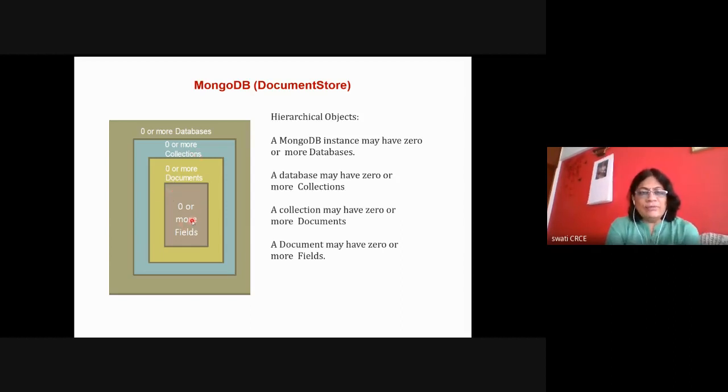Okay, so you can visualize this as a hierarchical structure or hierarchical objects. A collection of fields, meaning a collection of columns, will give you a row, or a document, and a collection of documents will give you the table, that is, a collection of documents.